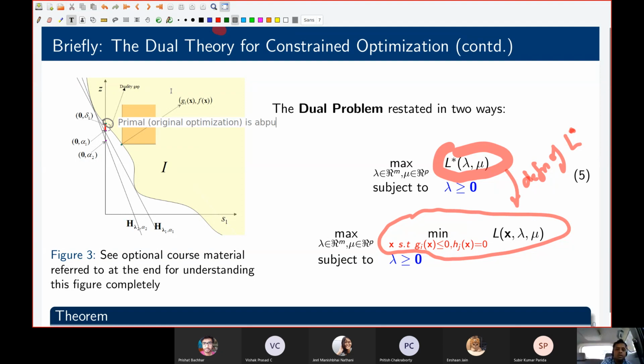It is about pushing down the y-intercept of this region. This region is basically like your epigraph. This epigraph-like region, it's not really an epigraph, but